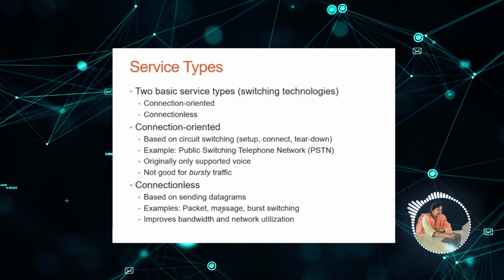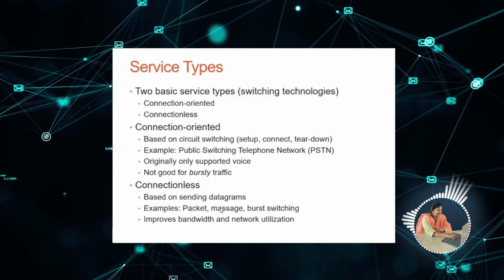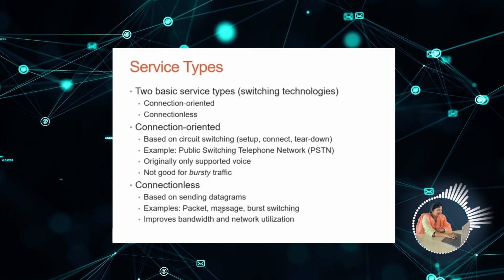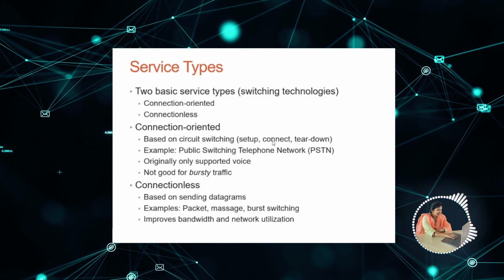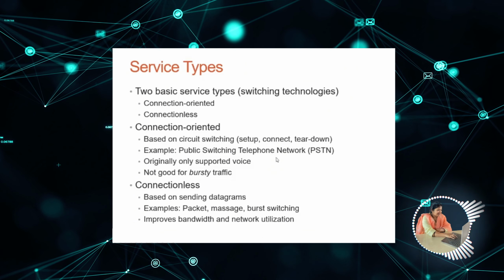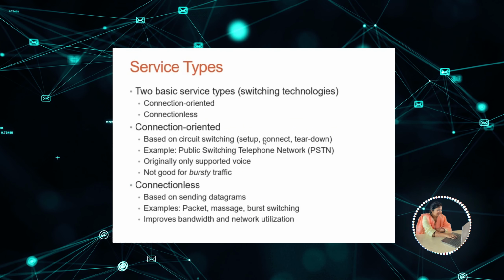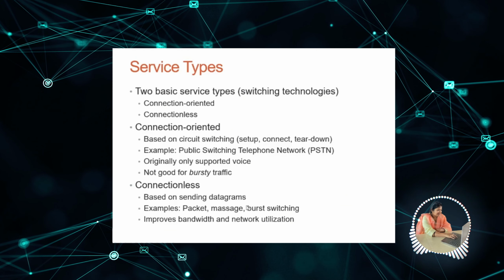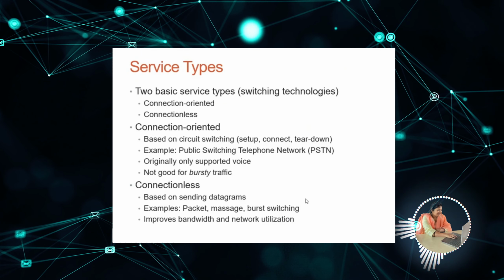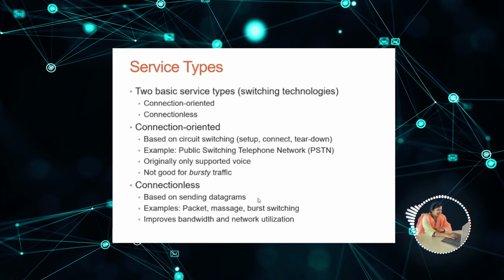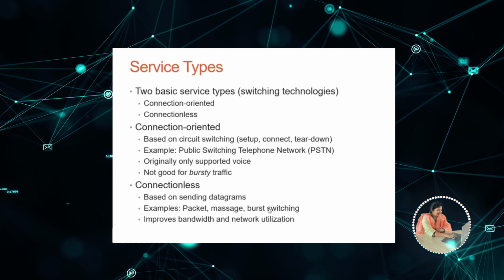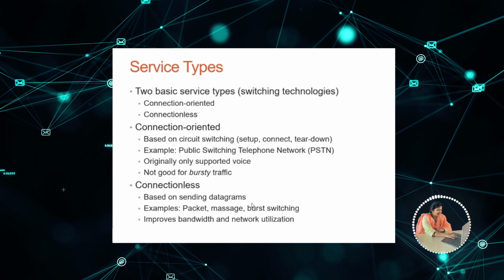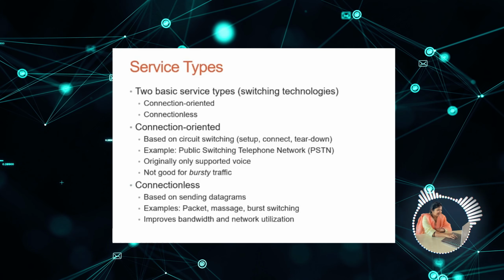Now in a video, if one frame is blurred, that means for 1 frame, or for 5 seconds, if you did not see the picture well, you will not have any problem, because there is no loss of information. But in a telephone network, if for 30 seconds or 5 seconds I don't hear the other person's voice at all, then there is a loss of information. So when you are choosing connection oriented and connectionless, it is very important what your application is and what feedback you want from a destination. You want instant feedback or you want feedback after some time. You want congestion in a network, you don't want congestion in a network. According to those characteristics we are going to select a connection oriented or connectionless network.